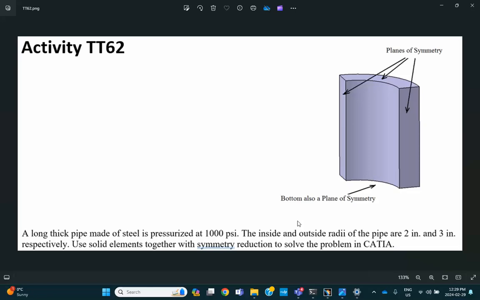Okay, this is activity TT62, and it's a very limited type of finite element analysis that I'm showing you in the CAD class. Generally speaking, if you want to know finite elements, you have to take basically a theoretical course, and you don't really do that in a CAD class. However, at least in this course, you're responsible for doing very simple problems on the final exam,